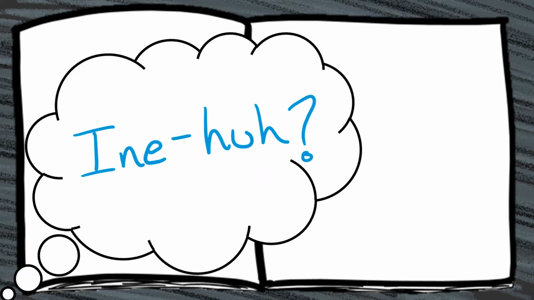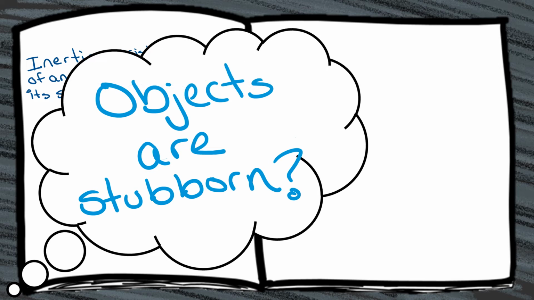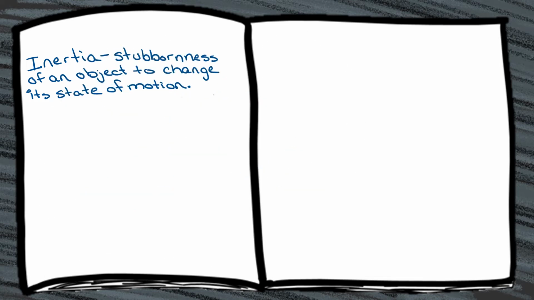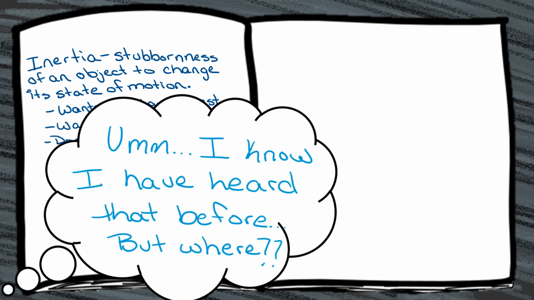Before we go into more details as to what Newton's first law of motion truly means, we must first understand a couple of key terms such as inertia, force, mass, and friction. Inertia, Alex, is basically the resistance of an object to change its motion or lack of. Yes, that's right, Alex. Inertia is basically the stubbornness of an object at rest to want to stay at rest, or the stubbornness of an object in motion to want to stay in motion, unless an outside force causes them to do so.